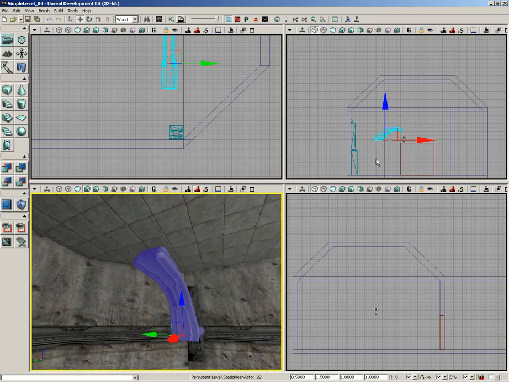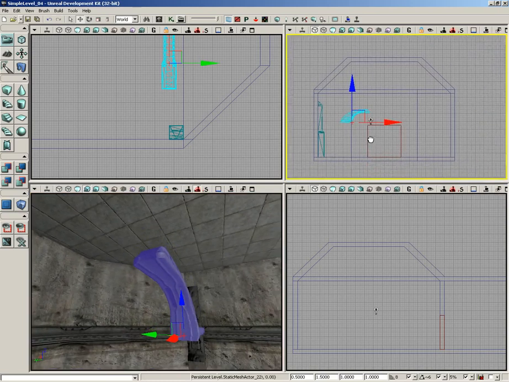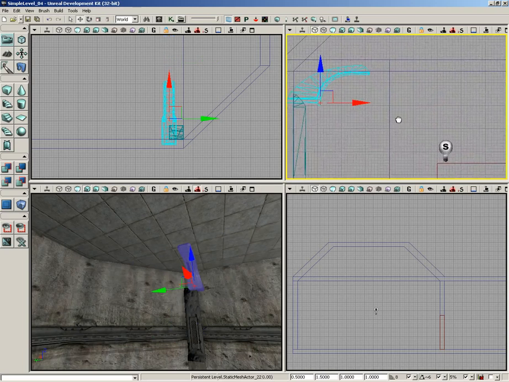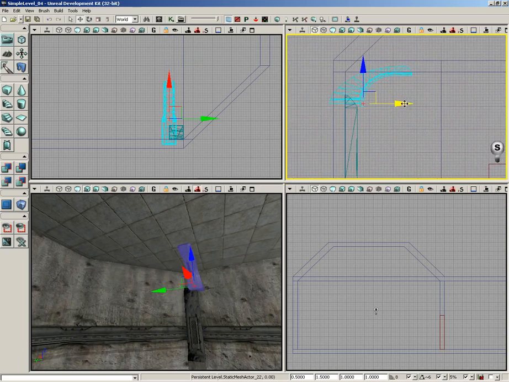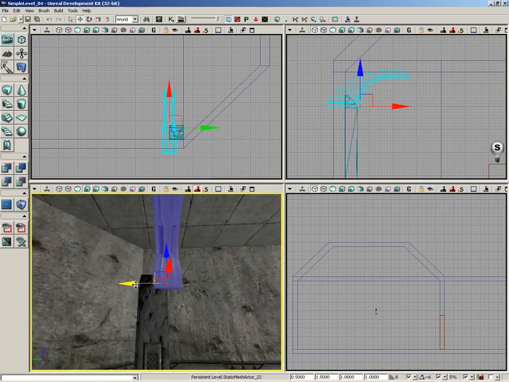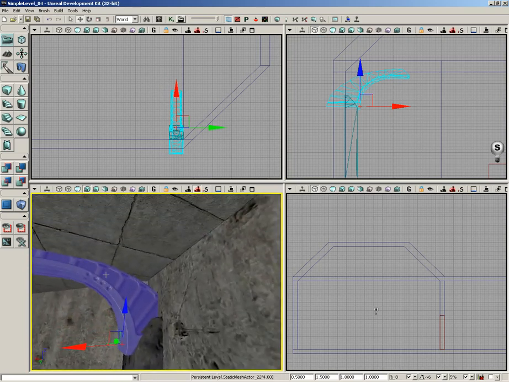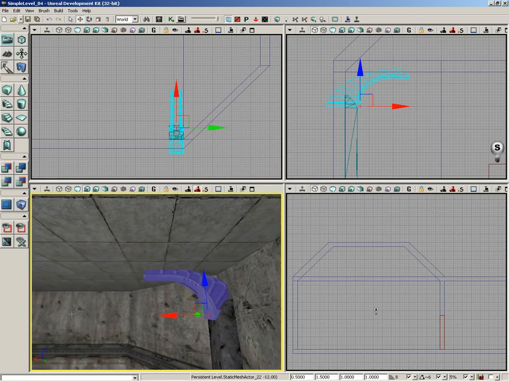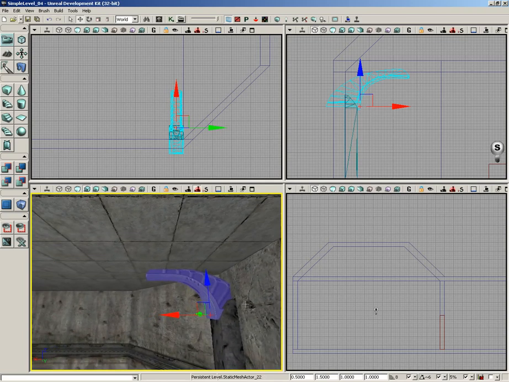So now we can take this guy and position him. Now I'm going to do this right here in the side view. So I'm just going to slide it up here and place it against the ceiling. I'm also just going to slide it back through the wall. It's okay that it penetrates the wall a little bit. And then here inside perspective, I can just slide it to the left so it lines up. And it makes it look like we have these two pieces that sort of lock together. All right, so now our brace climbs up the wall and starts to reach across,